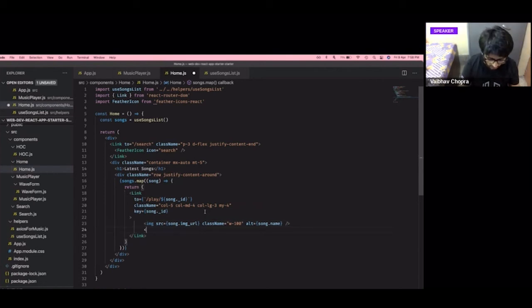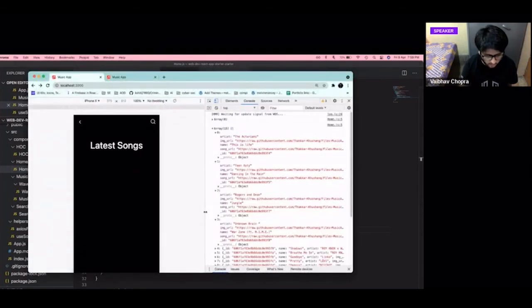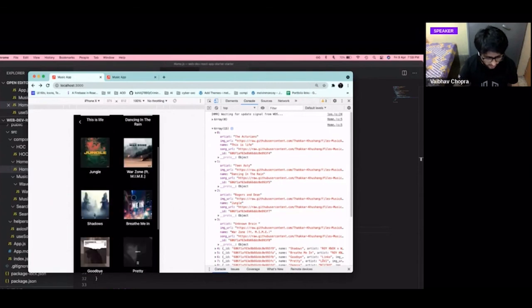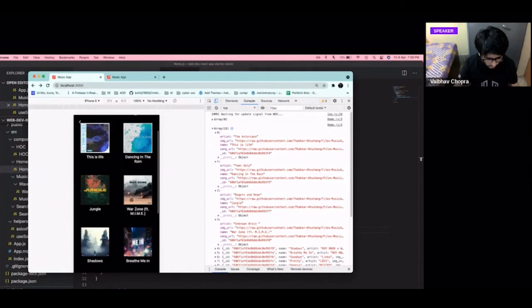Now let's have the heading, the title of that track. What is the name of that song? So here the heading 6 is basically a small heading, not a very big heading. I'll close this so that I get the corresponding closing tag. I'll add some top margin to that heading, and I'll make the bottom margin 0. You can tweak around these parameters according to your liking. This is what I found to be good enough for our purposes. I'll do song.name. I'll show the name of the song, and I think you will be having some output right now. See, we are already getting quite a bit of output already.